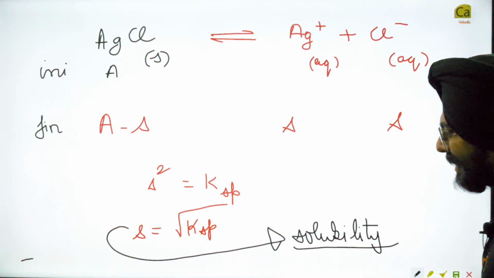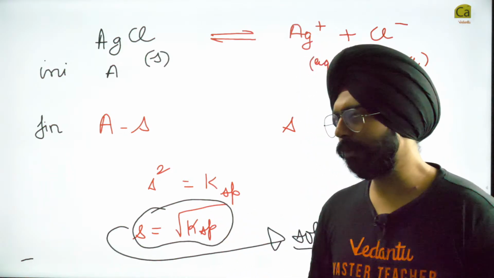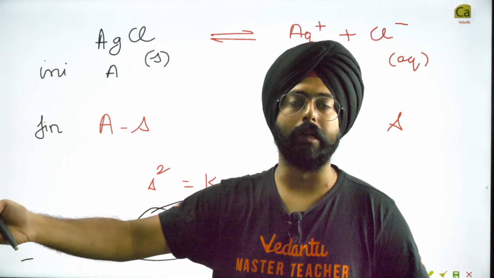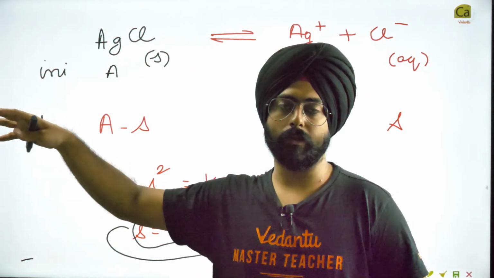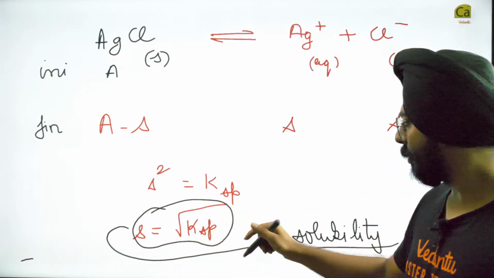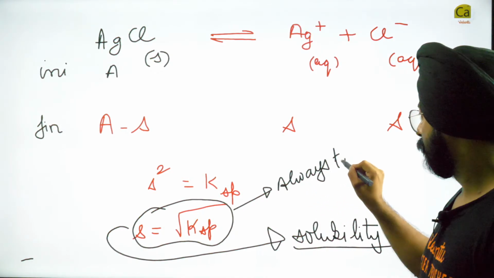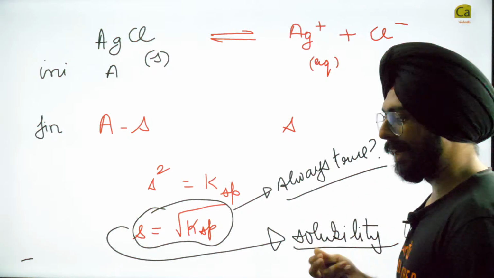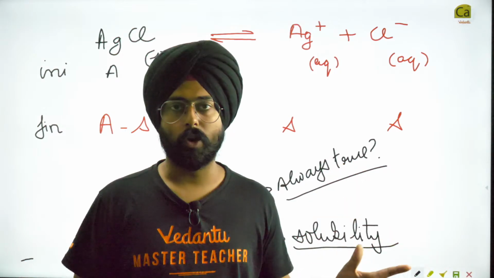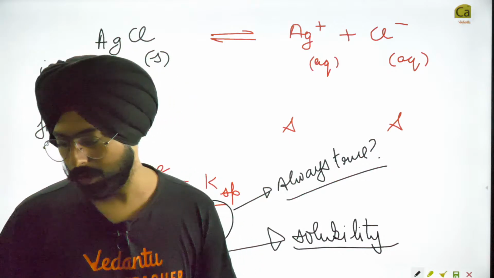Okay. But is this formula always going to be true for calculating solubility? So what they will do is they will give you a sparingly soluble salt. They will give you some details about it, and then they will tell you to calculate the solubility. So you will have to plug in all the values and calculate the solubility, which is this letter S. My question is, is this formula always true? No, of course, if I'm asking you, there has to be a catch somewhere. So what do you think? Is this formula always true? And if it is not, just try to imagine when it won't be true. I will give you an example just now.